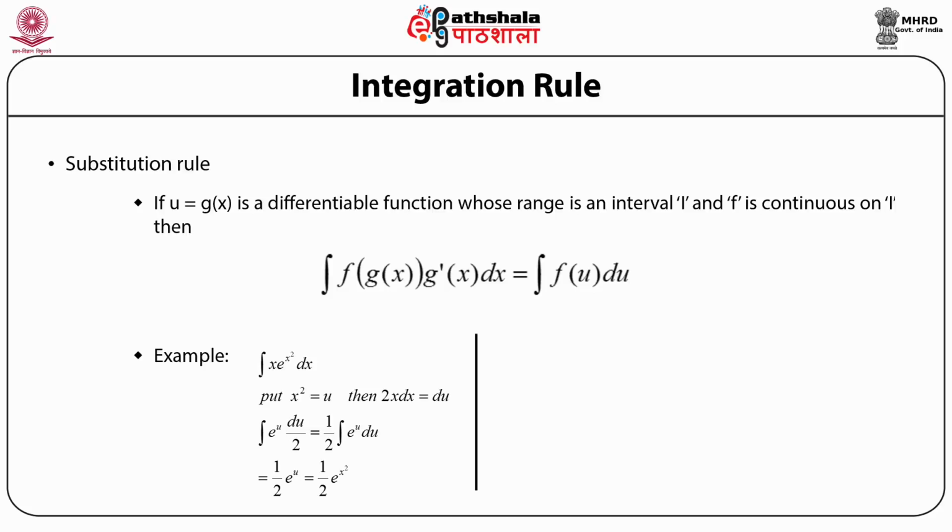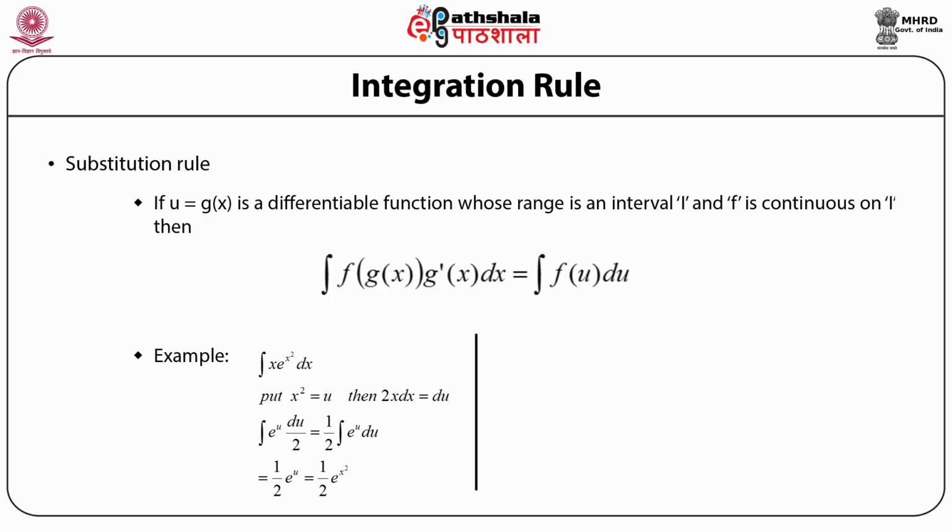So integrating, we have to substitute in terms of u, so it becomes e power u into du by 2, which is equal to 1 by 2 integral e power u du, and that is equal to 1 by 2 e power u, because if you differentiate e power u, it's always e power u. If you integrate e power u, it's always e power u. So then it is equal to 1 by 2 e power of x squared, because we have to put u as x squared, so we are returning. So these are all